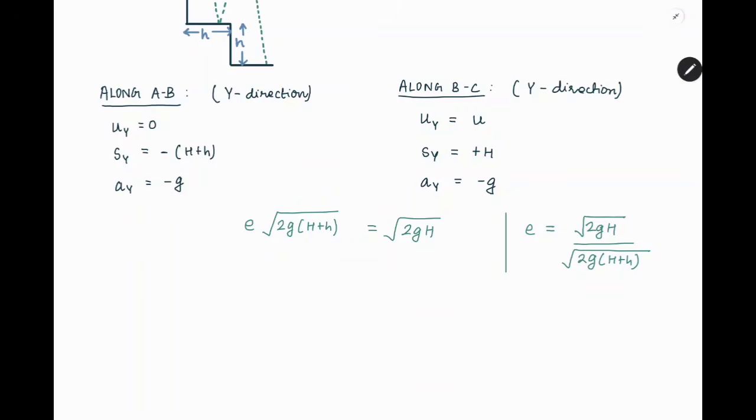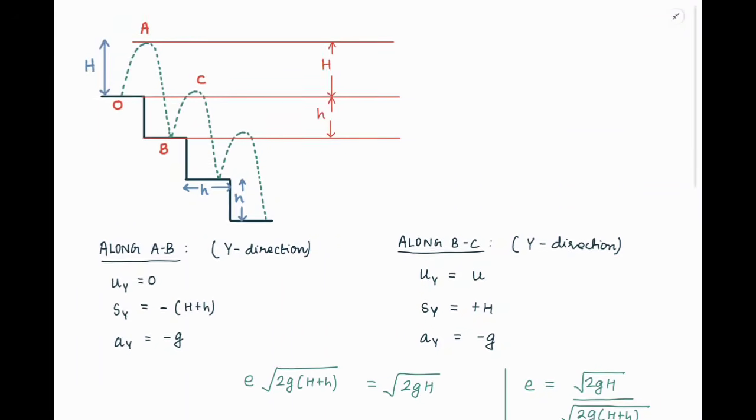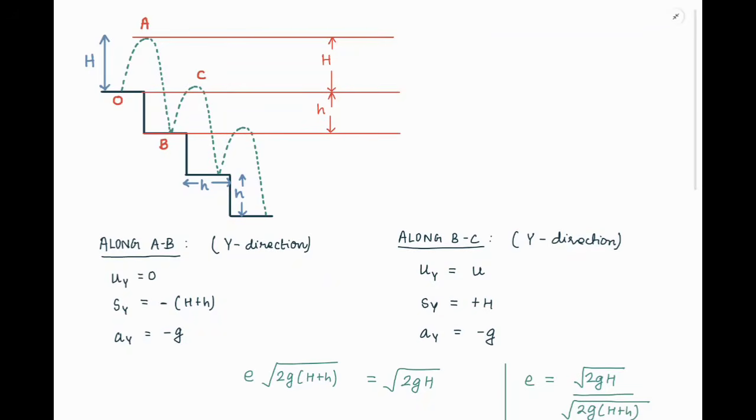I am again going back to explain this entire stuff which we have solved so far. What we have done is, we are first of all calculating the heights. For the motion from O to A, it is attaining a height capital H, and the problem is stating that after each drop or after each bounce, it is going to attain a height capital H from the point it is colliding with. So again from B to C, it will attain a vertical height capital H. Again at this point, if I mention it as D and E, it will again attain a height capital H.